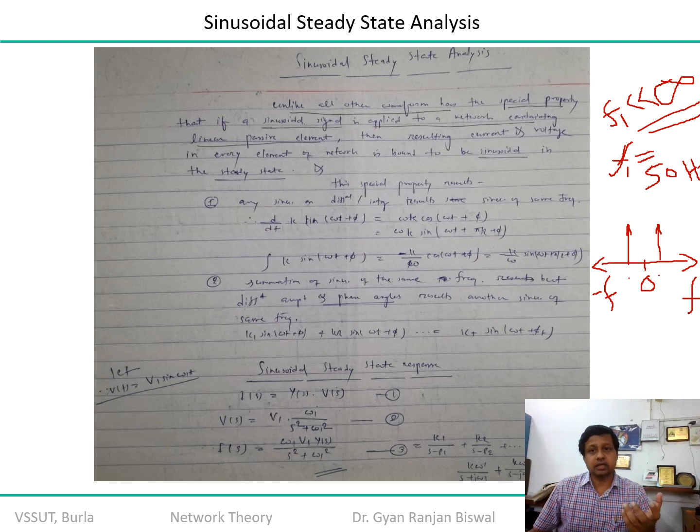So your carrier requires absolutely 0 bandwidth to carry your information from one end to another, from the generation end to the transmission end, or the transmission to the distribution, or the distribution end to your household, to the end user. That is the beauty of the sinusoidal wave, and that's why we insist on steady state analysis, the whole purpose of this. In the next couple of slides we are going to evaluate what kind of impact you will get if you consider the input as a sine wave.